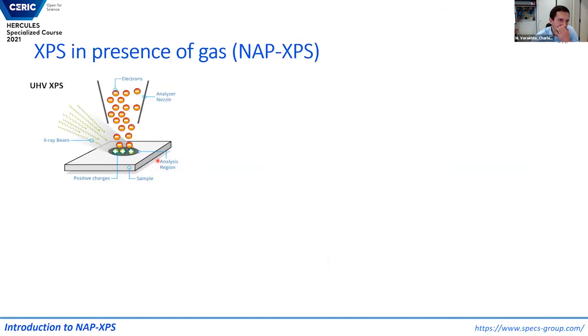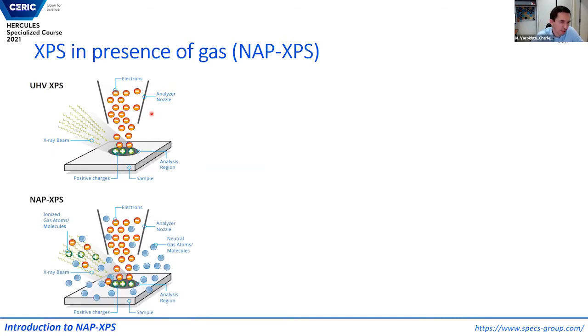Okay, so I guess now we can move to NAP-XPS. As I said, standard conventional XPS in UHV means that you irradiate the surface with photons, you ionize the atoms at the surface, and you try to collect the electrons by the analyzer. There is an analyzer nozzle, some aperture which collects the electrons. In the case of NAP-XPS the process is the same. However, the additional thing which you have is